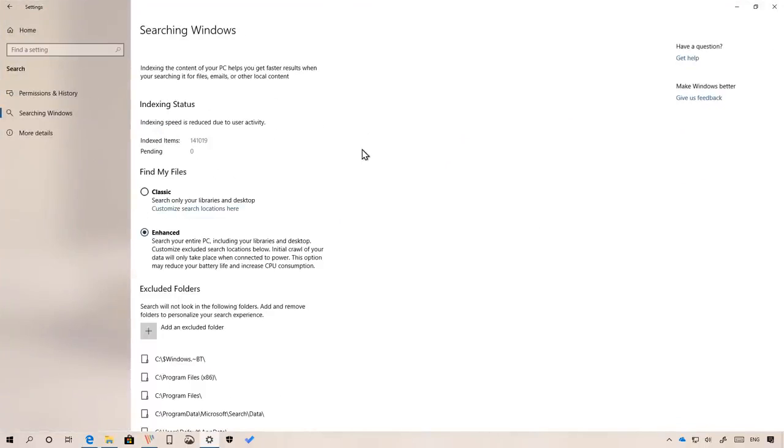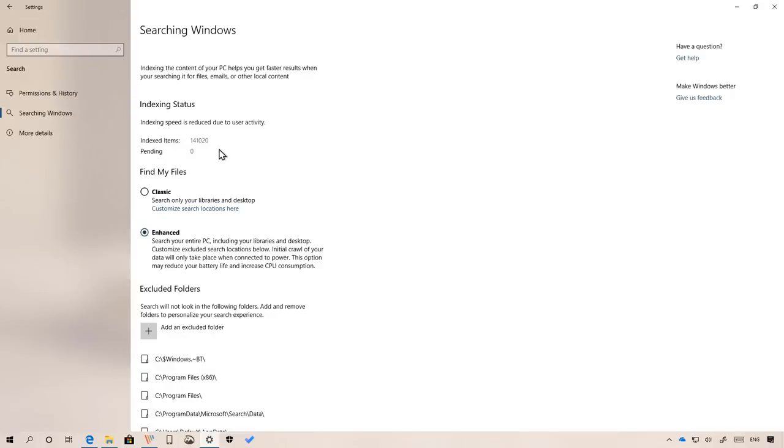As we looked at earlier, the April 2019 update also introduces a new updated search experience, and with it, we're also getting a new search section to manage indexing and other settings. Technically, Windows 10 is making available the indexing settings already available in Control Panel, but with additional features. The new section includes 3 new pages, including the new Searching Windows page, which allows you to manage the indexing